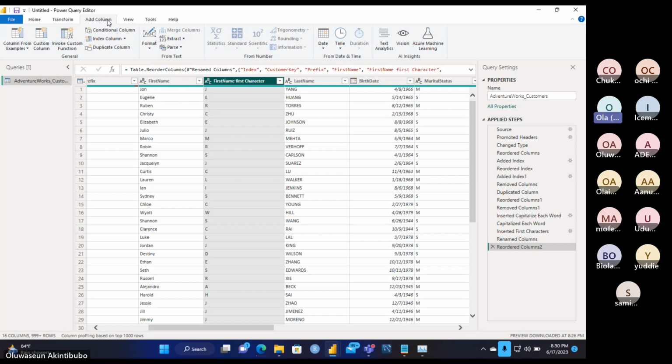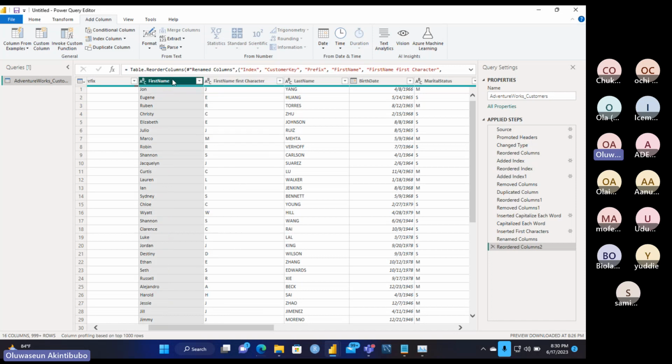Click on the column that you want to work on.